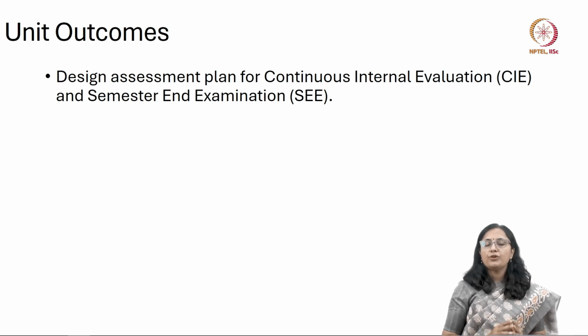So if you could recall, in the last unit, we have discussed about the stages of designing good quality assessment instrument. So the first stage is to write course outcomes, and then comes the design and development of assessment plan. So in the last unit, we have discussed how do we write good quality course outcomes and what is the importance of writing course outcome.